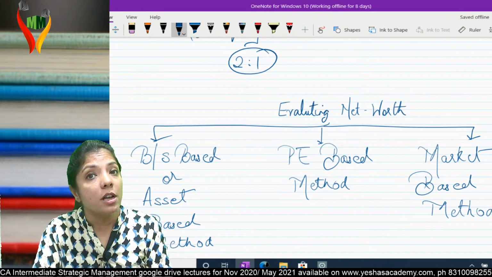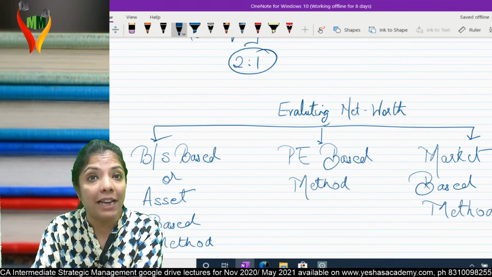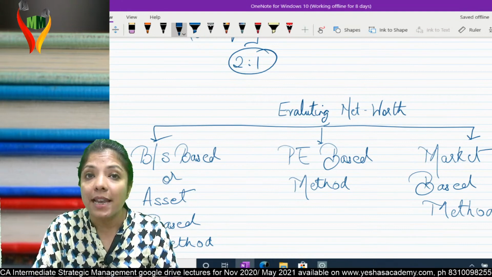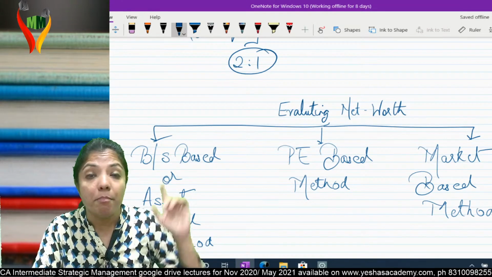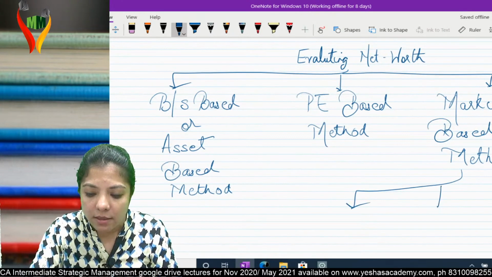Now, why is the first one called balance sheet based method or asset based method? Because balance sheet or asset will help you to evaluate the net worth. Second, profit will help you, and third, market means outsider. And market has three sub methods: